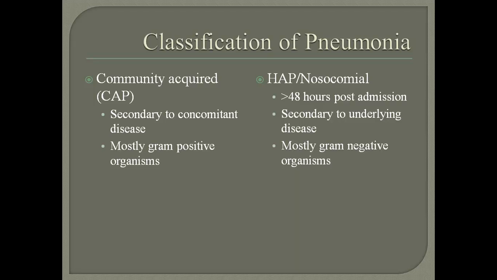Concomitant means something else is going on, like COPD, bronchiectasis, cystic fibrosis, some sort of lung cancer. Generally, this is a streptococcal strain or a staphylococcal. Most of these are bacterial infections that are spread through the community where people are in close